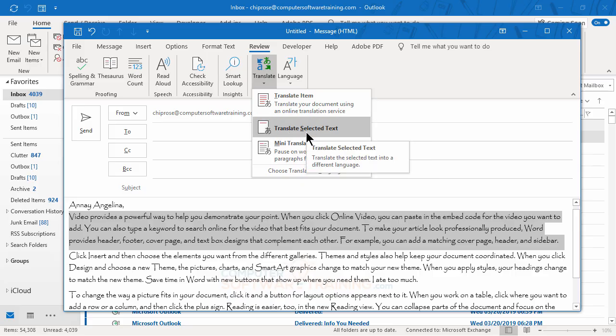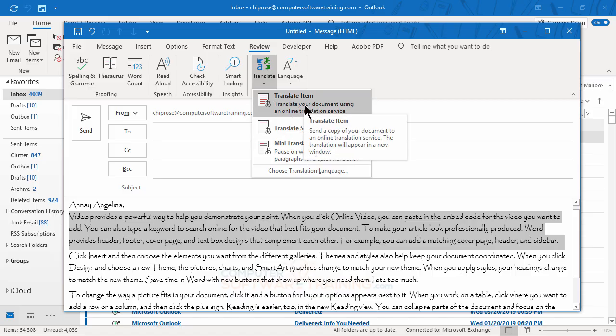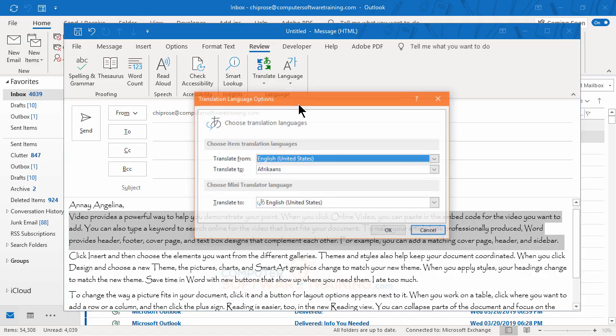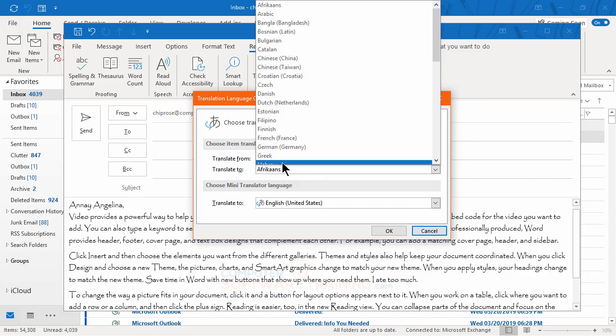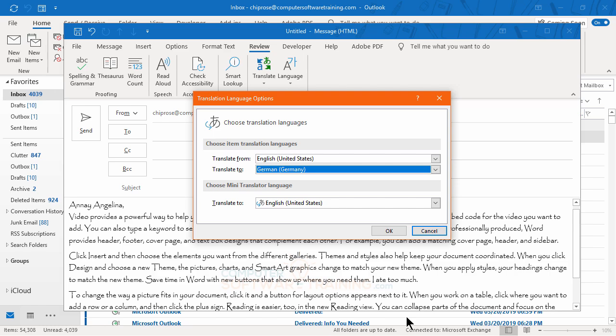So in this case, what will happen is if I click on to translate item, it will set this window up here and we'll say, okay, you want to translate it from what to what? Well, in our case, let's say I want to translate it from English to, let's say, German. All right? So I do that, hit OK,